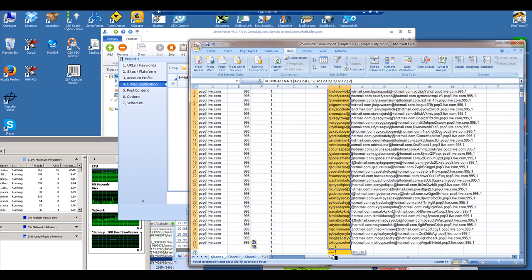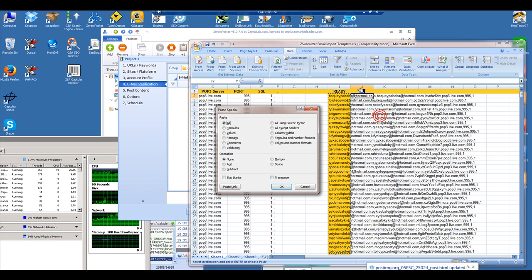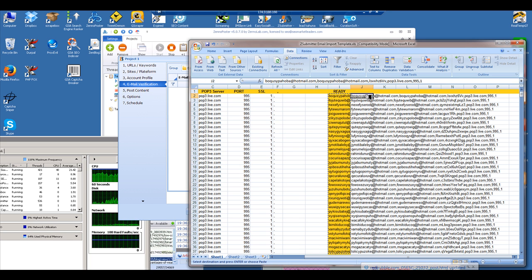Now we can't copy this particular format, but what we can do is copy this and paste special. This will allow it to save in the actual format. We want to use values and number formats. You could probably use a few other options here, but if you click values and number formats, it's not going to copy and paste the formula that's in column I. It's actually just going to paste exactly what you and I are seeing. So you can see the difference here. Column J is this information, all the username and password and everything, and column I is your formula. So we're going to highlight column J, copy it,